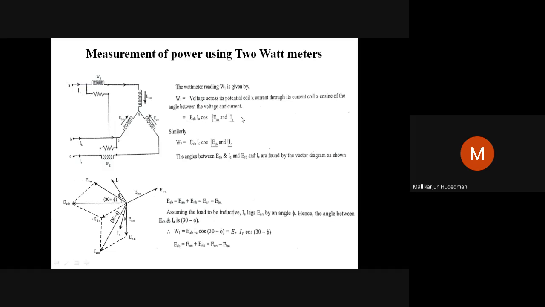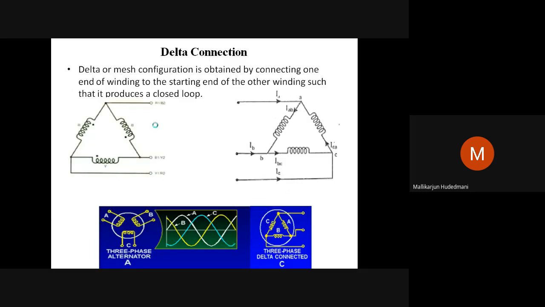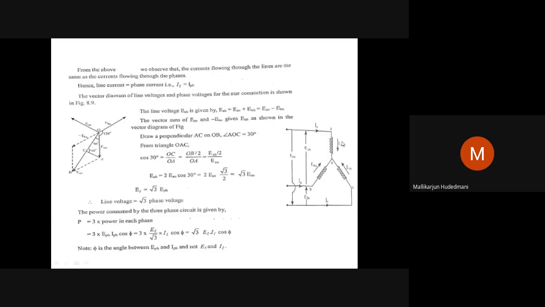So for this, what do I have to do? I have to construct a vector diagram. For that, you have to recall the study of star interconnection. What is this EAB? The line voltage between A and B. How did we get it? By constructing a vector diagram of phase voltages EAN, EBN, ECN. I take you back; this is what we studied in the earlier class. Can you see this? This was the circuit we studied. What is EAB? EAB is EAN minus EBN. Can you see this one? EAB equals EAN minus EBN. How did we get it?